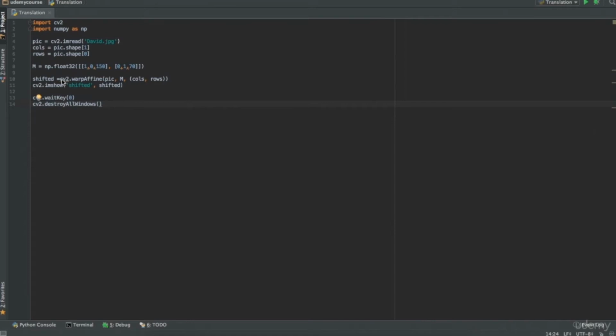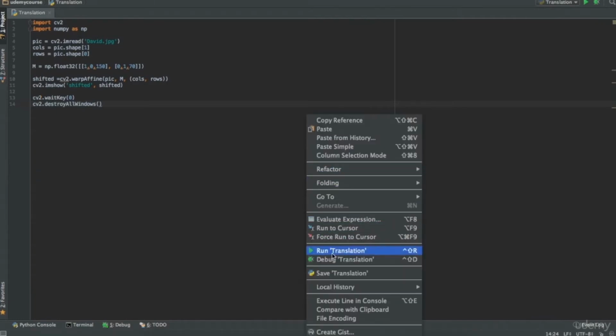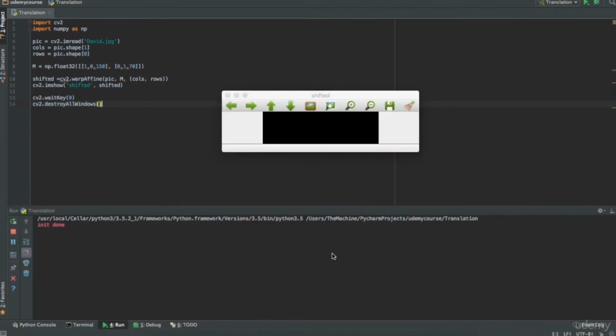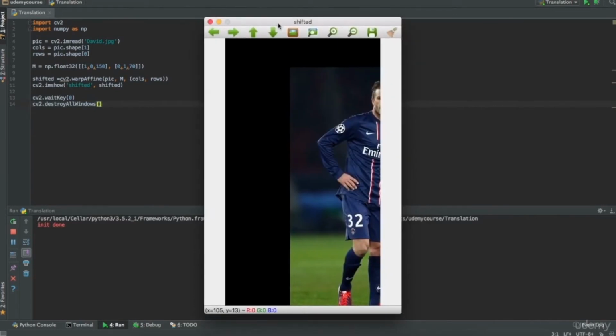And we can see here that we define our shifting function or translation function, which is warpAffine. This takes care of shifting the image. So it takes in the picture argument, the matrix argument, columns and rows, the dimensions of the image. And in this code, we see that we show the shifted image. So let's go ahead and run the code and see what we have shifted, the image, either to right or left. So we see here that the image is shifted to down